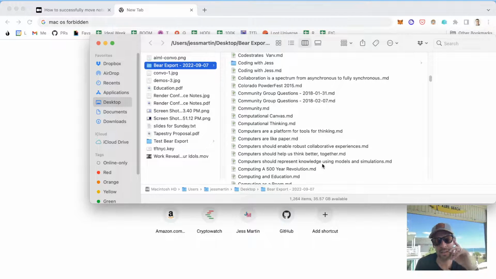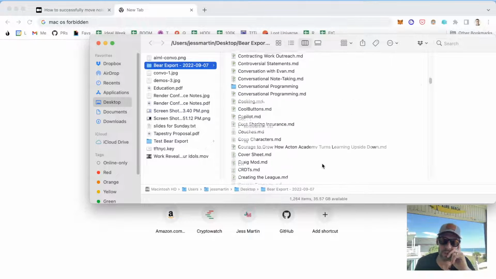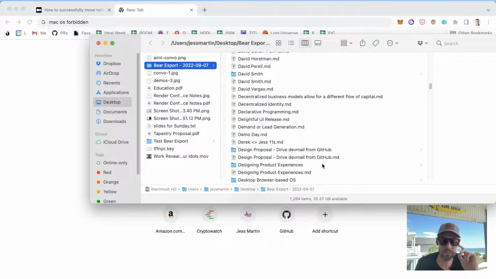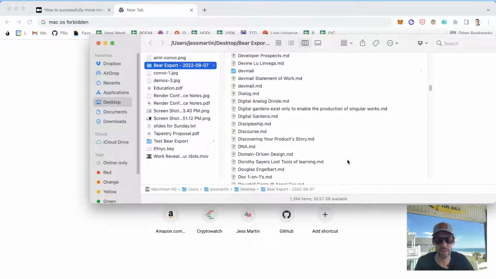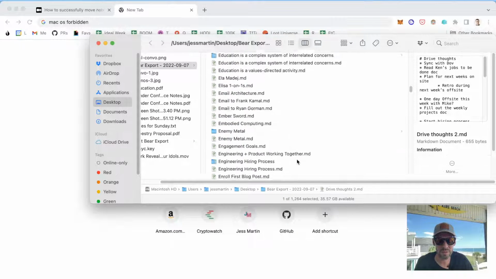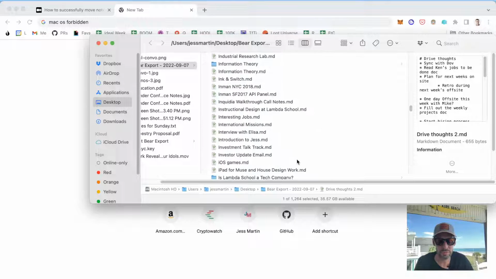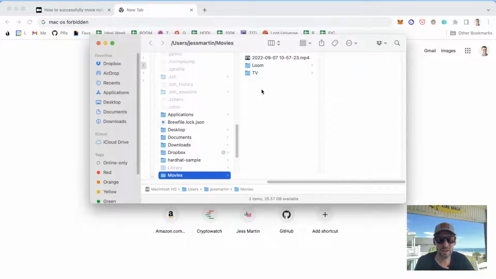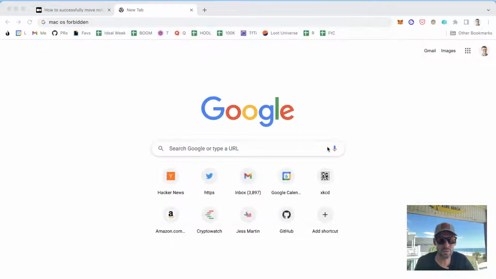I think what this is mainly doing is making sure that when I pull it into Obsidian the file name looks the same way as it looks in Bear, but I don't really care. It's fine. I'll discover it quickly enough in Obsidian if it looks really different. All right, so there's our export. Let's see what is next.